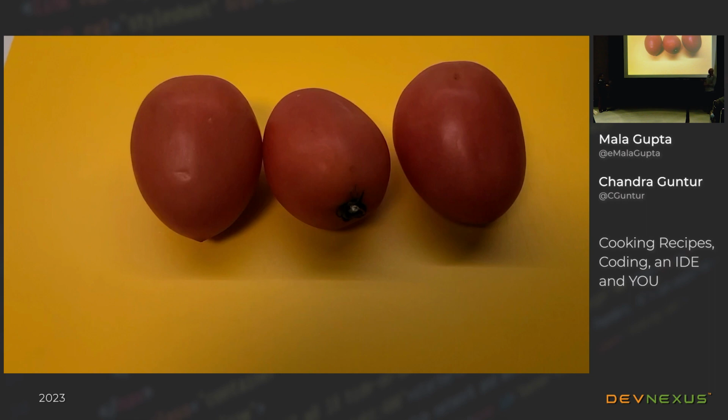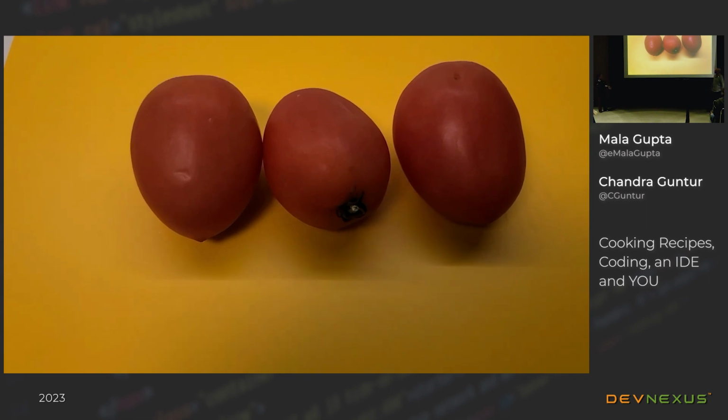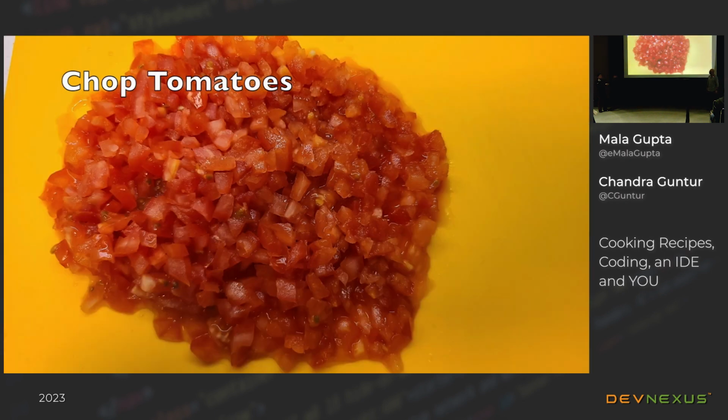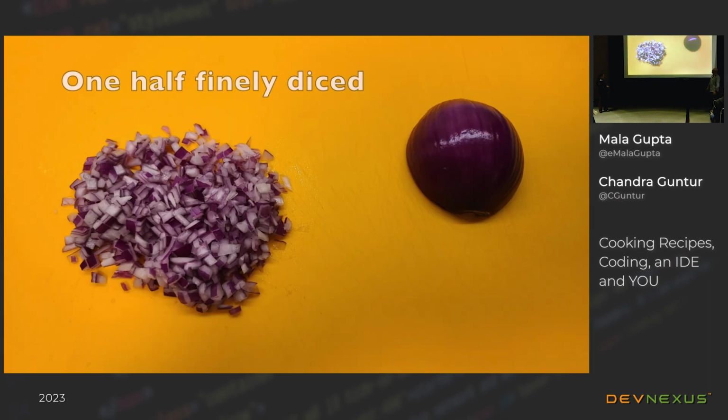Right, so here I am chopping the tomatoes with my hand. Chop, chop, chop. Chop, chop, chop, chop. So see, we see the magic here. We chop, see, all the tomatoes are done. It went so quickly. And we chop the onions,